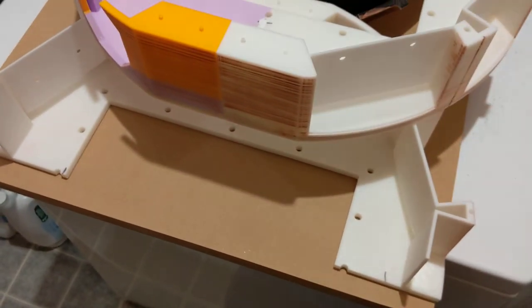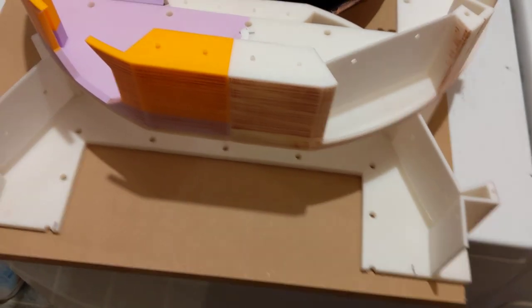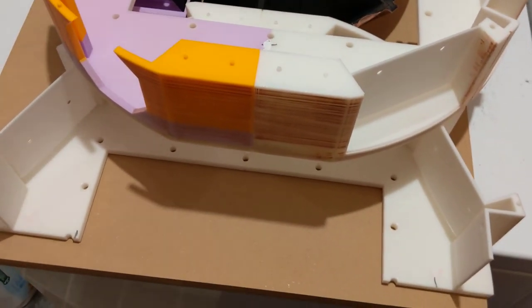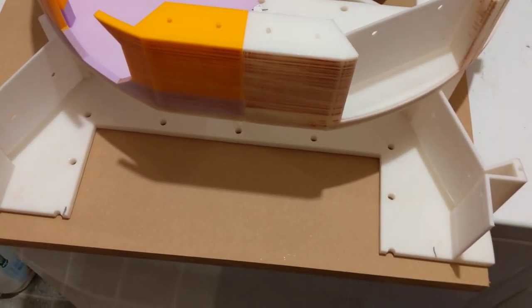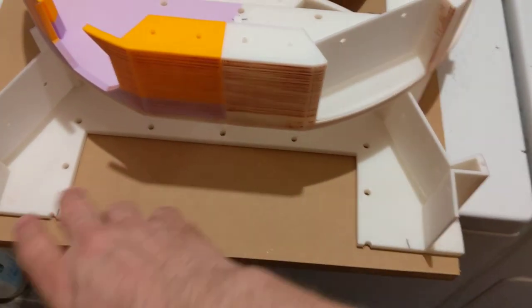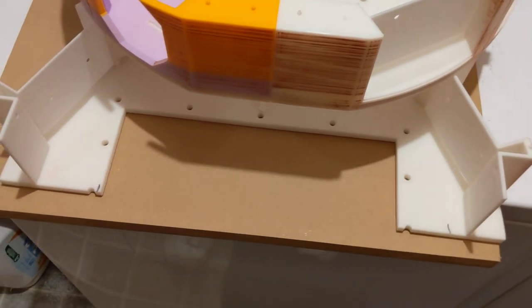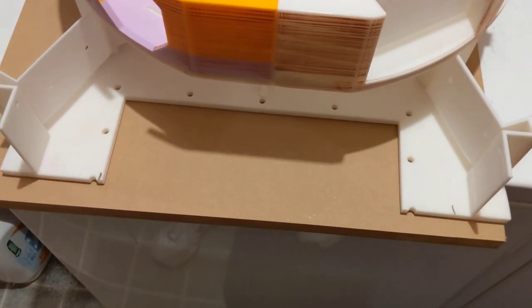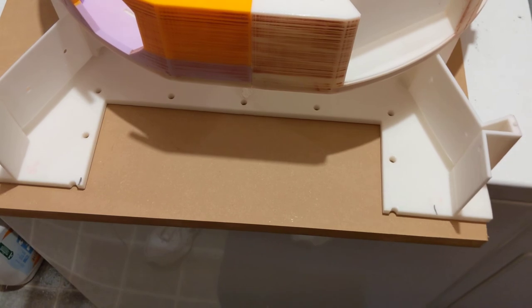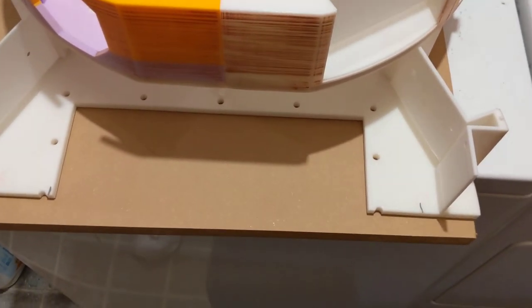So it is kind of load bearing. The center leg does support some of the weight of the droid, which is why they want that to be something like PETG or ABS, something really strong. Another thing I could do is possibly make one out of plywood. That would be stronger than plastic, but